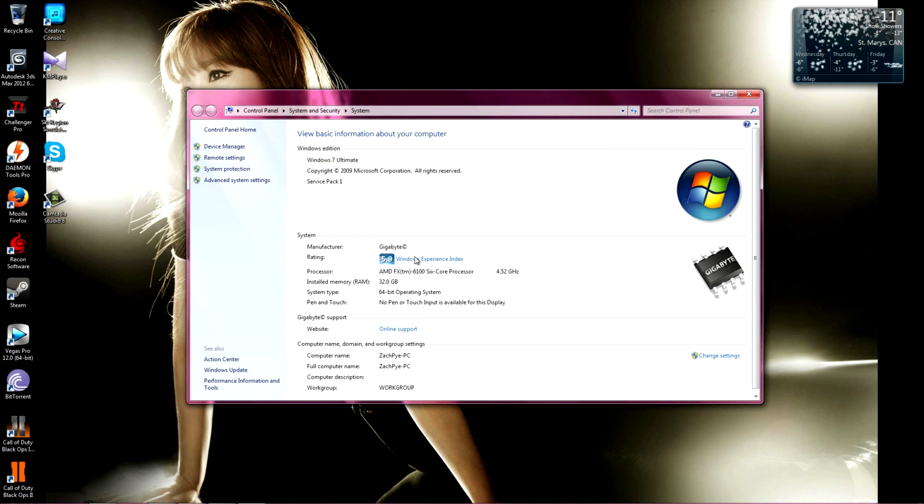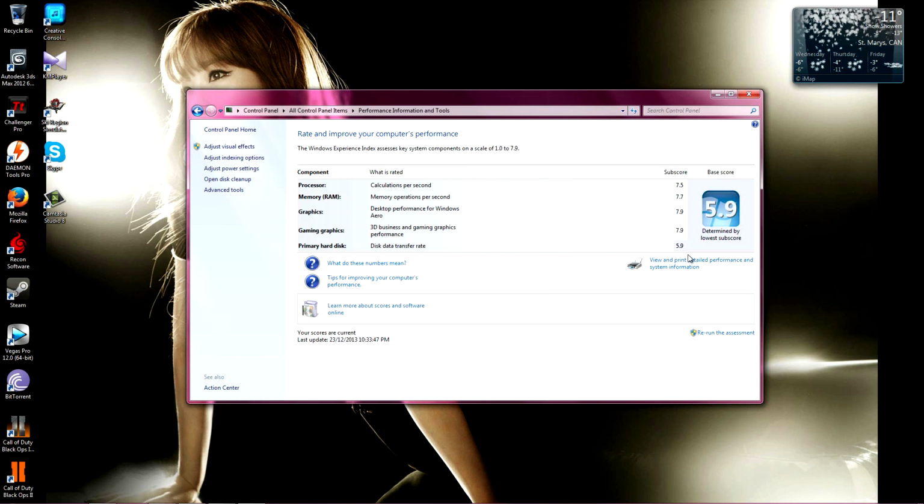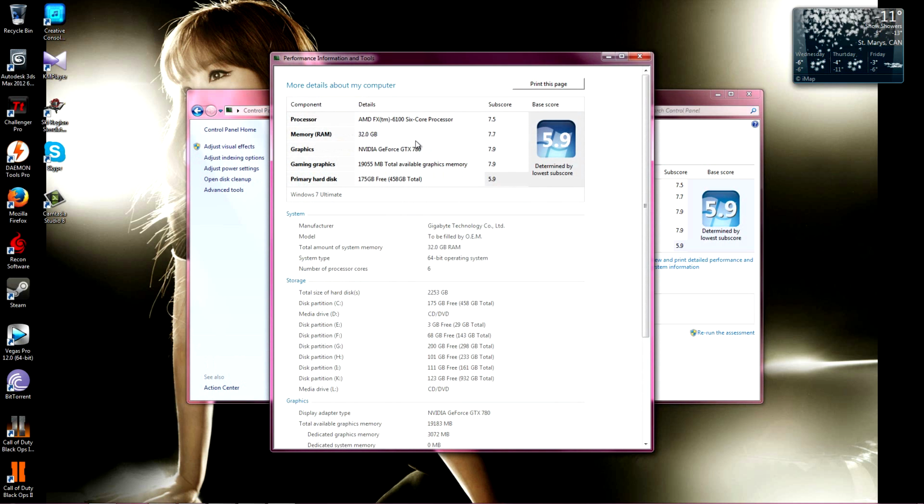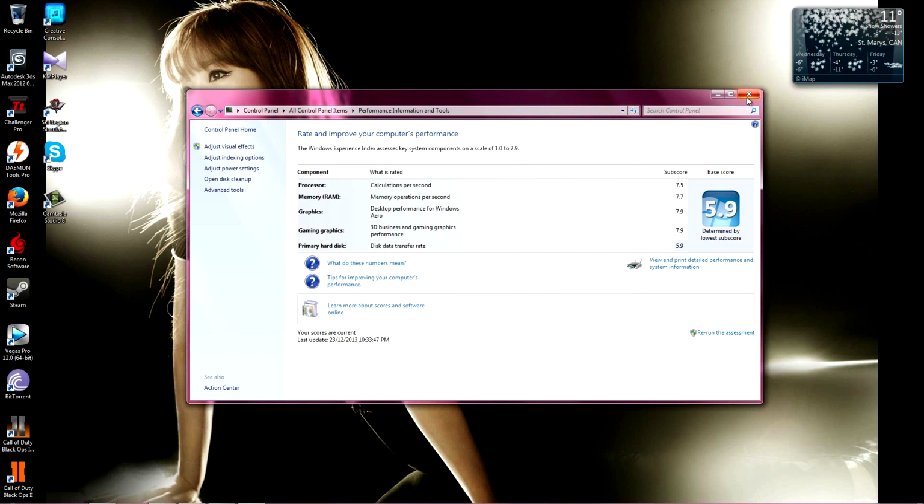I will show you my system. I'm running an AMD FX 6100 6-core processor, and so that everybody knows and can see, I'm running a GTX 780, which Windows thinks I have 19 gigs of graphics memory. Yeah, that's Windows for you. Anyways, now that you know my system,